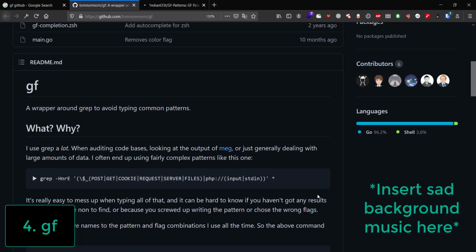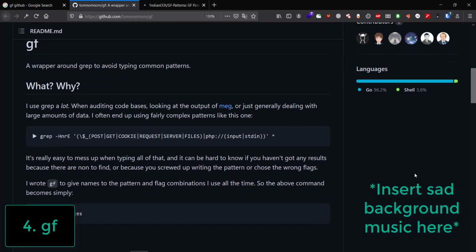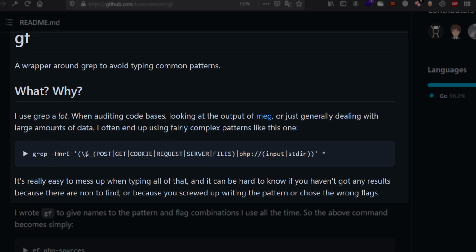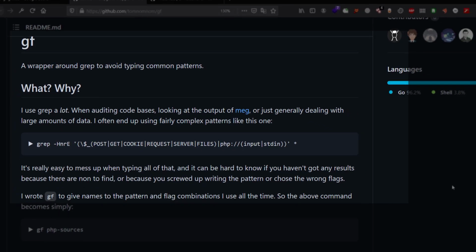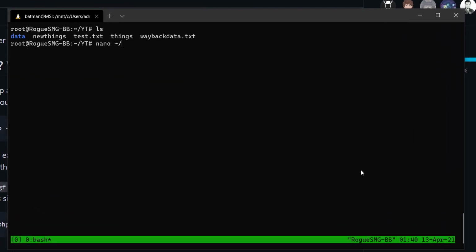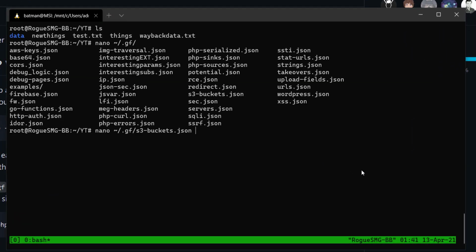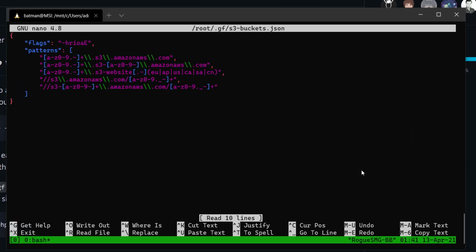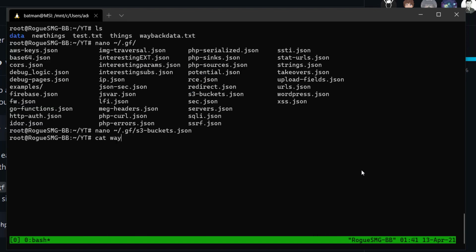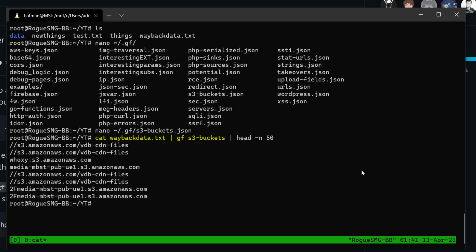GF. This is probably the only GF we are ever gonna get. But anyways, it is just grep made simple so that your small little brain doesn't have to remember a lot. These are some templates for grep and this is how it looks. These are small JSON files with the grep flags and whole crazy grep regex written and saved so that you don't have to write it every time and can just do this instead. You can grab anything from interesting URLs, parameters, subdomains and whatnot. Yeah, smart guess, use your brain.